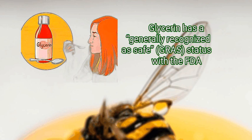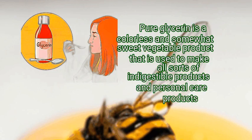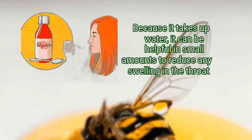Glycerin has a generally recognized as safe, GRAS, status with the FDA. Pure glycerin is a colorless and somewhat sweet vegetable product that is used to make all sorts of ingestible products and personal care products. Because it takes up water, it can be helpful in small amounts to reduce any swelling